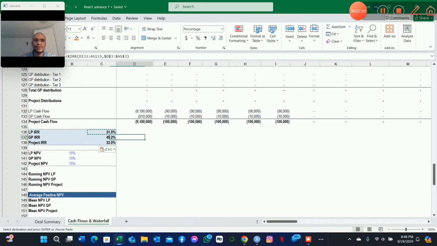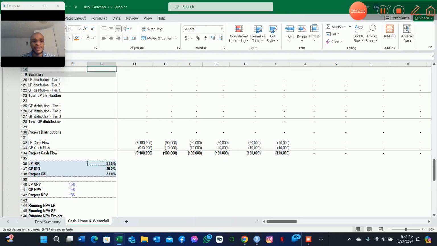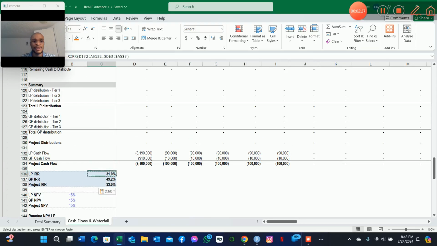So you see the higher rate of returns after every hurdle rate is reached. So you see almost approximately 50% or half of everything in this project. So this gives you a better understanding of how real estate joint ventures